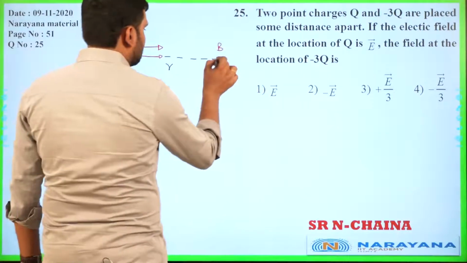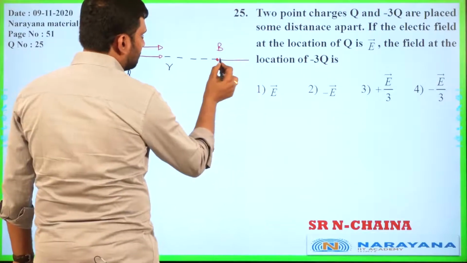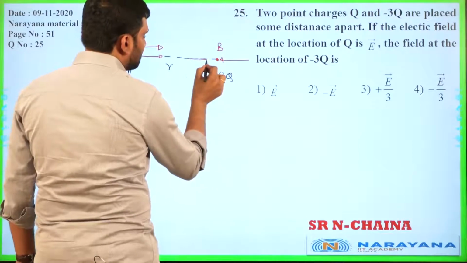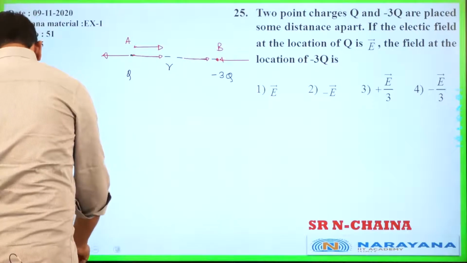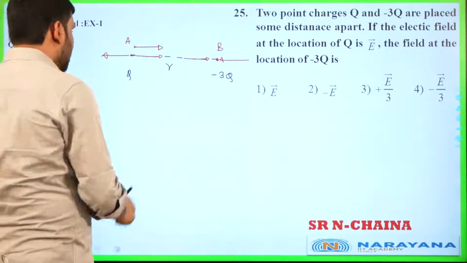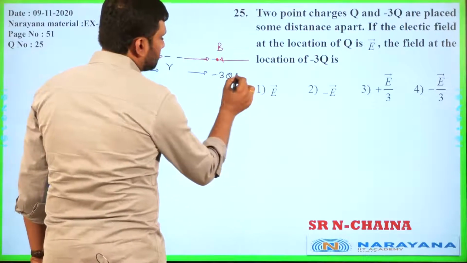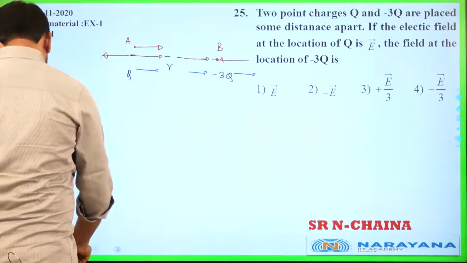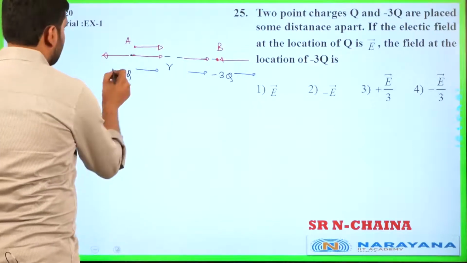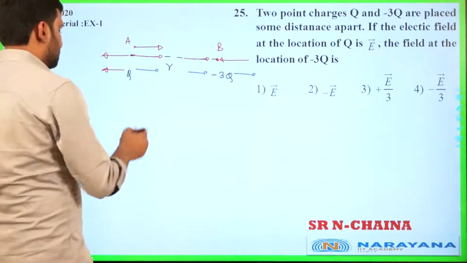Now you come here. Electric field due to minus 3Q, radially inward direction. Electric field due to plus Q is radially outward direction. So here also outward, here also outward, here also outward, and due to this B, this is here, right? So you can simply take that